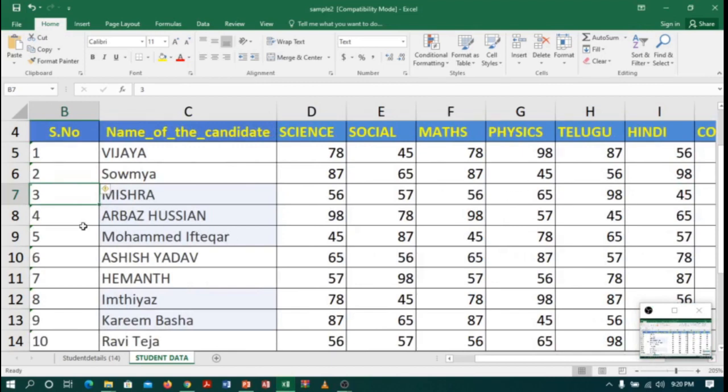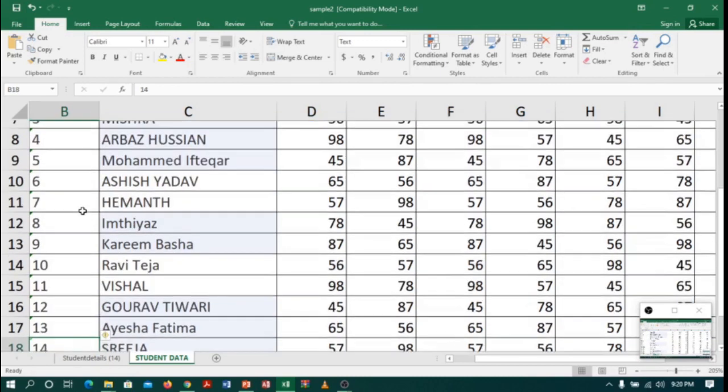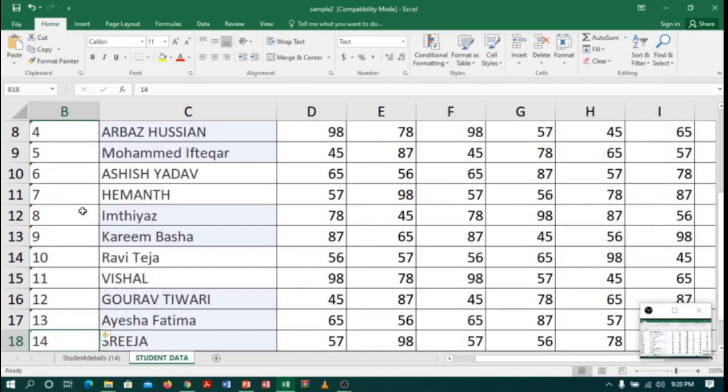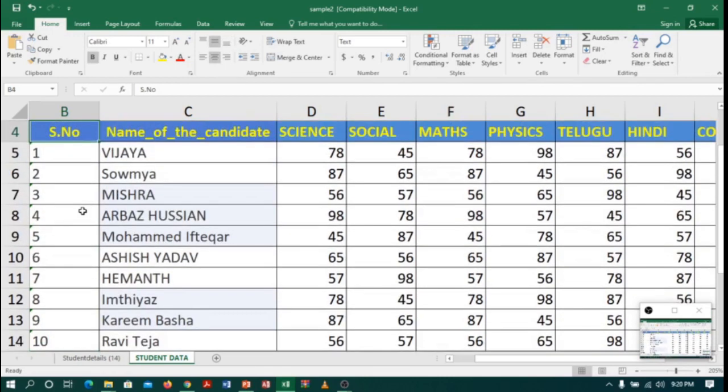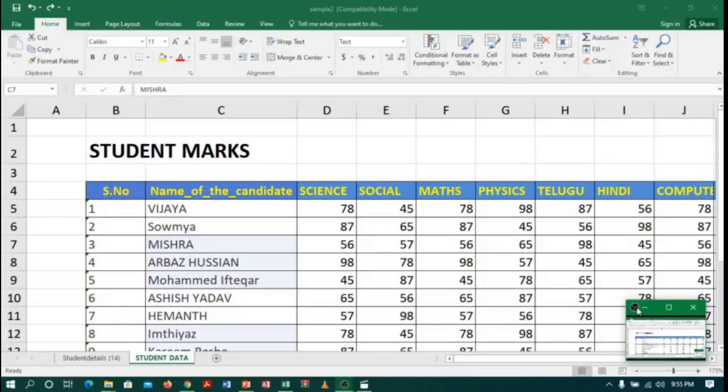Now if I want to move to the bottom of a column, I will use Control plus down button. Here we are. Now I want to move to the top of a column. I will use Control plus up key. Here we are. Now if I want to go to the bottom right corner of a table, I will click Control plus End.